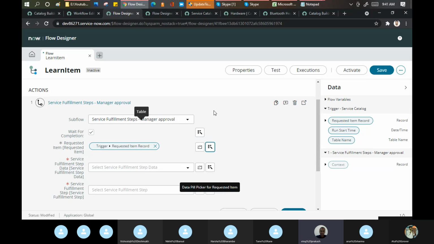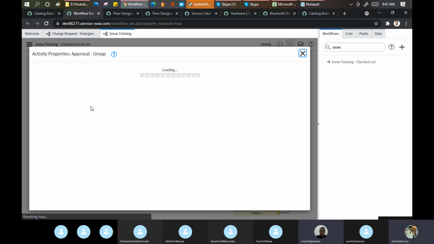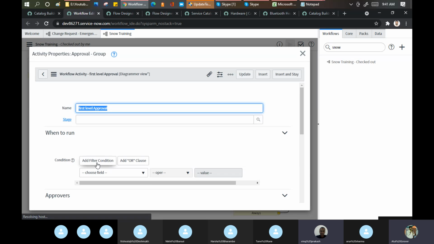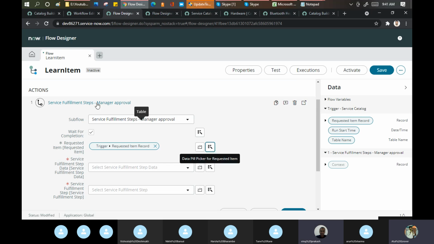No, so there also we can add the condition only for one, right? Like in the approval stage there is a condition option when you click. But this condition will be applicable on the field specifically, not on the record level. If I put an add condition, I cannot do this part, but these things I can do easily here. Okay, so that is the thing.